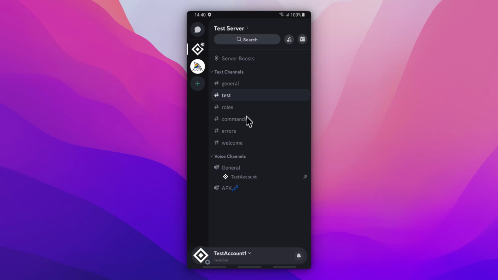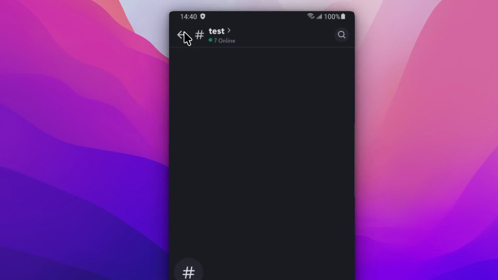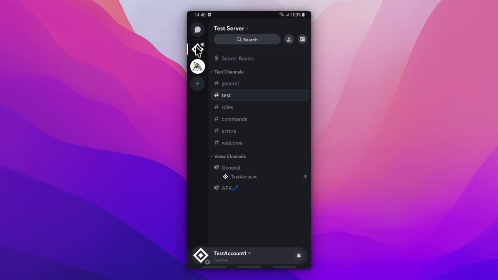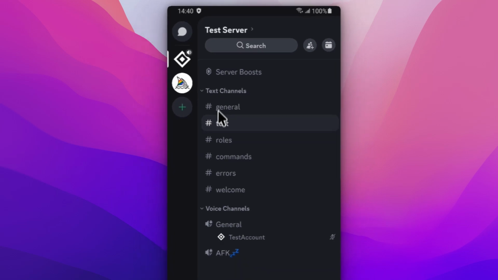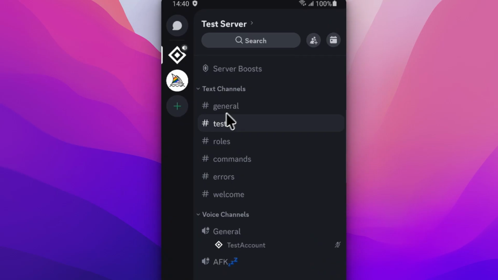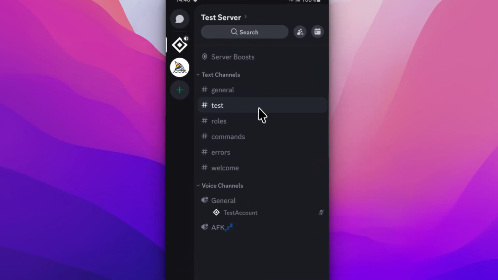First, open Discord and go to the server where you want to view the member list. A server is the community space where you chat, share media, and join channels. Make sure you're actually inside the server you have in mind. Once you're there, the main screen will show that server's channels and conversations. If you're in multiple communities, double-check that you've opened the right one so the list you see is for the